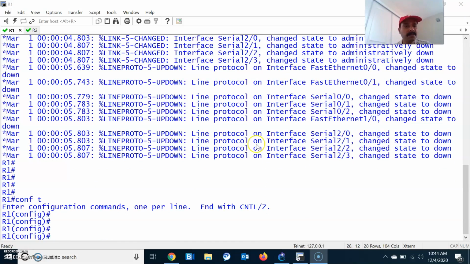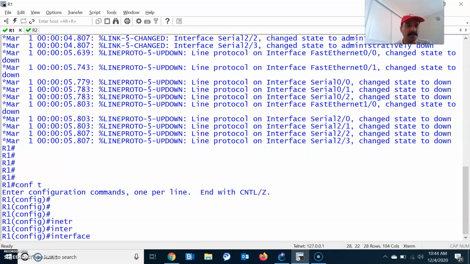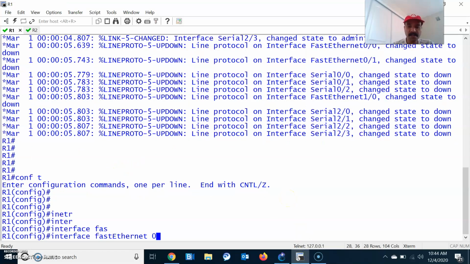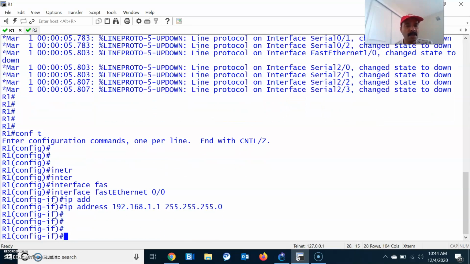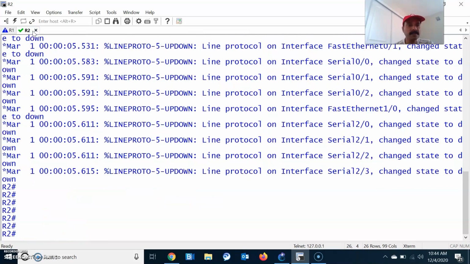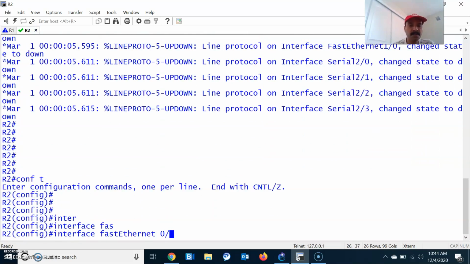Go to interface FastEthernet 0/0, and the IP address is 192.168.1.1 followed by 255.255.255.0 and no shut. Similarly, go to R2 and go to the configuration mode, interface FastEthernet 0/0